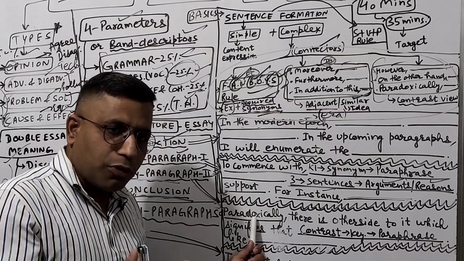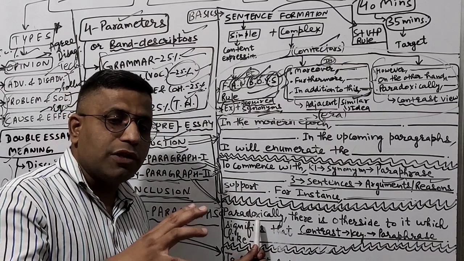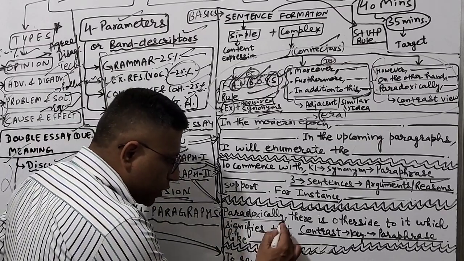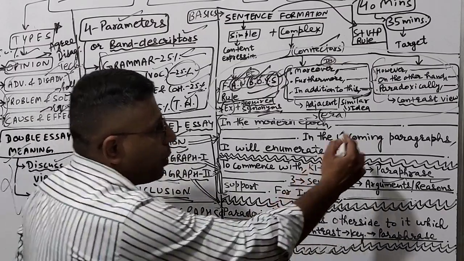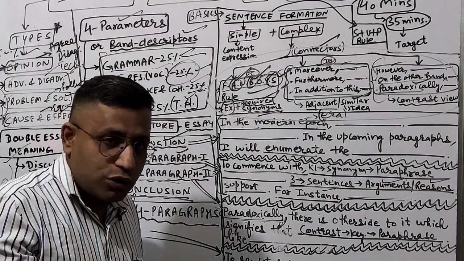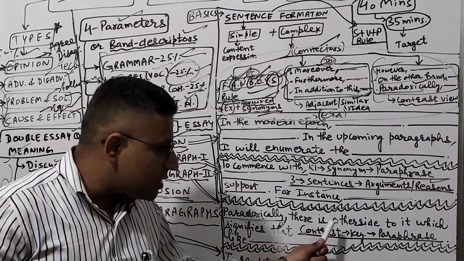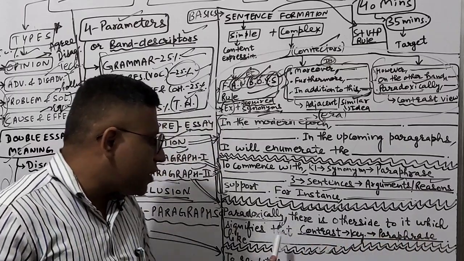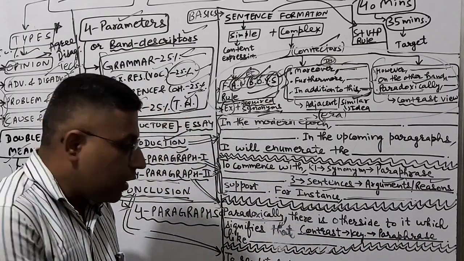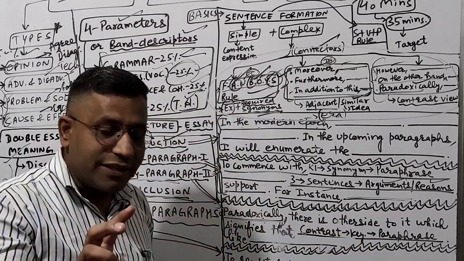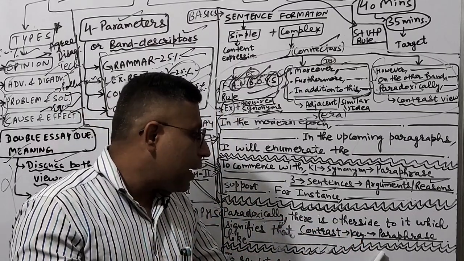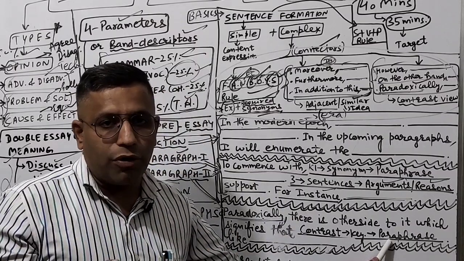So the third paragraph, that is the body paragraph 2, will be starting with the opposite or the contrast viewpoint. So you can easily start with the paradoxically common word. As I told you, paradoxically, it's going to be a really handy keyword as a connector also. So paradoxically, comma, there is other side to it, which signifies that now further you have to frame a sentence here. Now this very sentence must have the contrast keyword and complete paraphrased aspect about it.